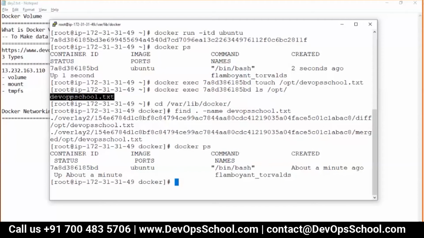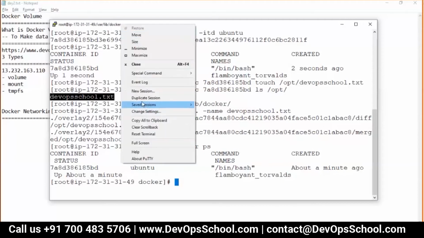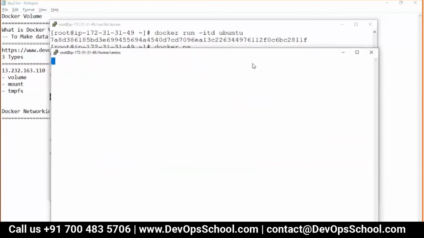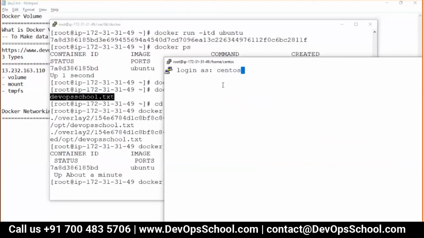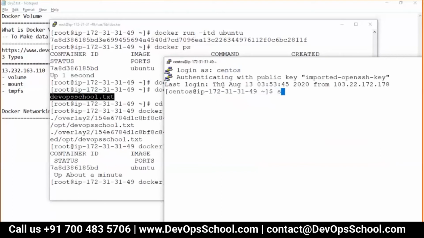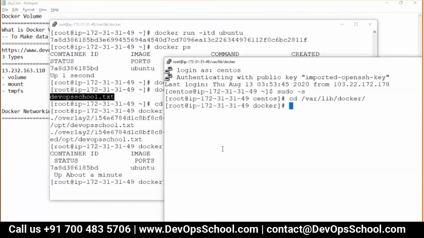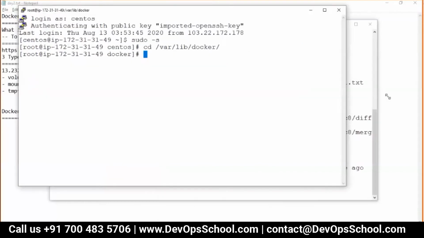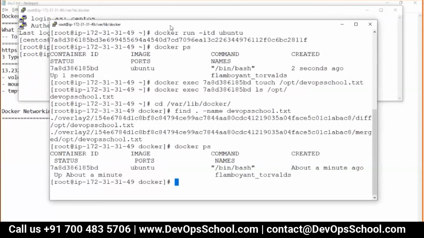Okay, so see here, I will open up a new session, CentOS. sudo -s, I'll go to /var/lib/docker. This is one session, go up, this is another session, come down.